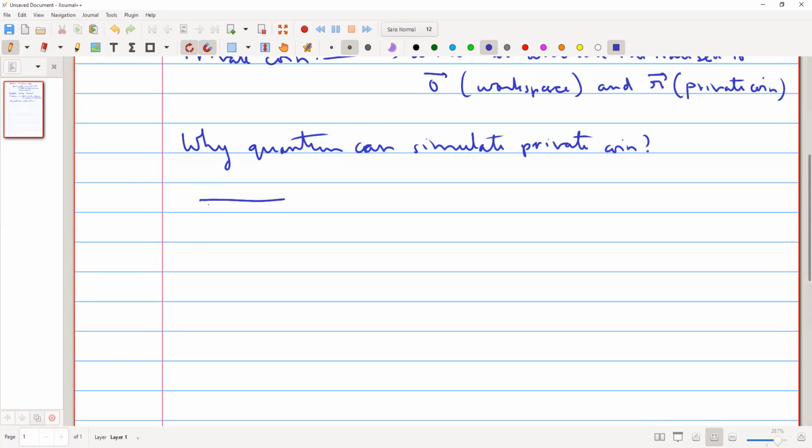Let us say there is some workspace, so there are some bits X. And now I want to simulate a private coin on a certain number of bits. Let me start off with one bit, and the procedure is similar for the others. So start off with